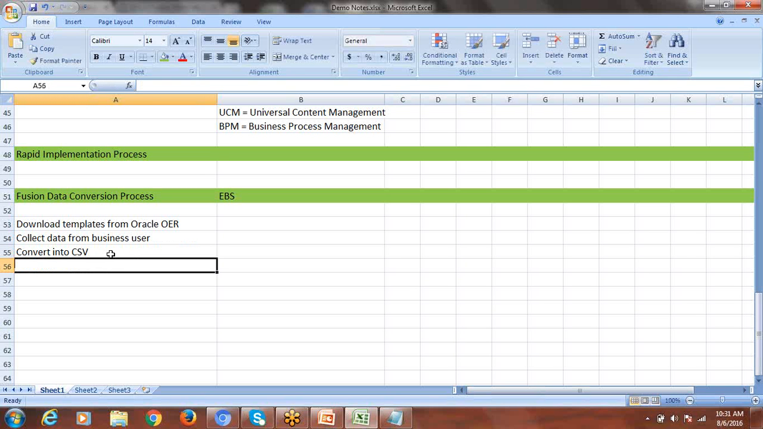Once we convert, what technical people do is create the staging table and populate the data into staging tables by writing a lot of programming. But here, without doing anything, Oracle is simply providing UCM, Universal Content Management. We simply load the files into UCM, Universal Content Management. Then populate